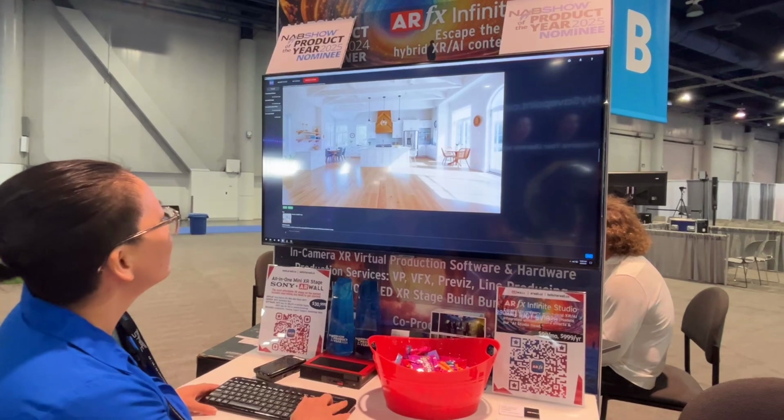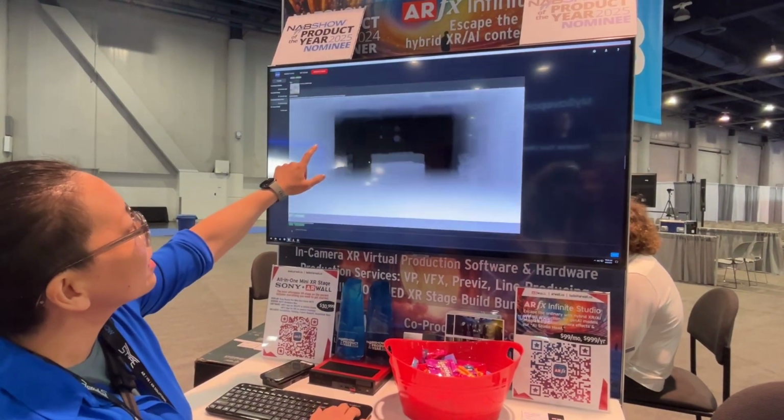And what we've got today is we're showing off Infinite Studio, Airfx Infinite Studio, which is our new AI generative backdrop generator. And essentially it's a chatbot that you can have a conversation with about the type of backdrop that you're looking for, what kind of film you want to make. It can create backdrops for you like this,